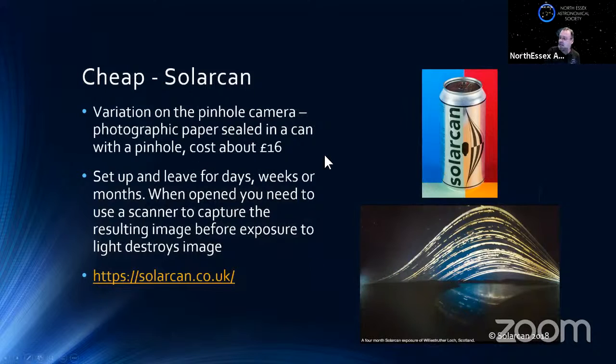They cost about £16 to buy. You can set them up for days, weeks or months. I mean, really all they are is a tin can with some light-sensitive photographic paper wrapped around the inside, and under the sticker there's a little pinhole. You set up your solar can by cable tying it to a post or a drain pipe or something, pointing towards the south. Peel off the sticker and then leave it for as long as you can get away with,